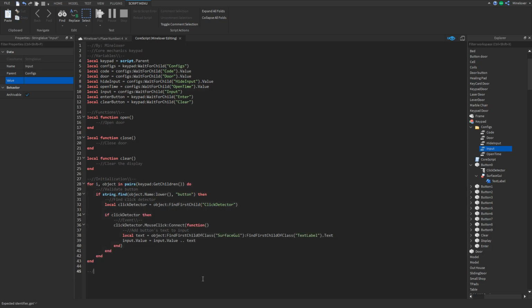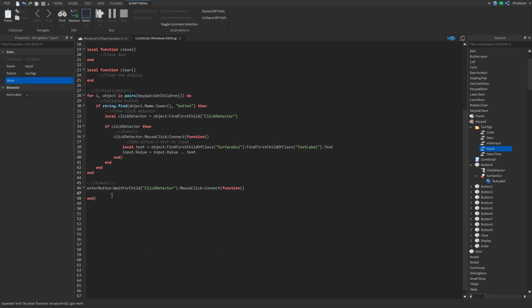Now for the actual events. So this will take care of displaying, updating, and special buttons. So let's first off take care of the enter button. So enter button, wait for child, click detector, of mouse click connect function. So inside, let me give some space here. Okay, so inside the enter button,